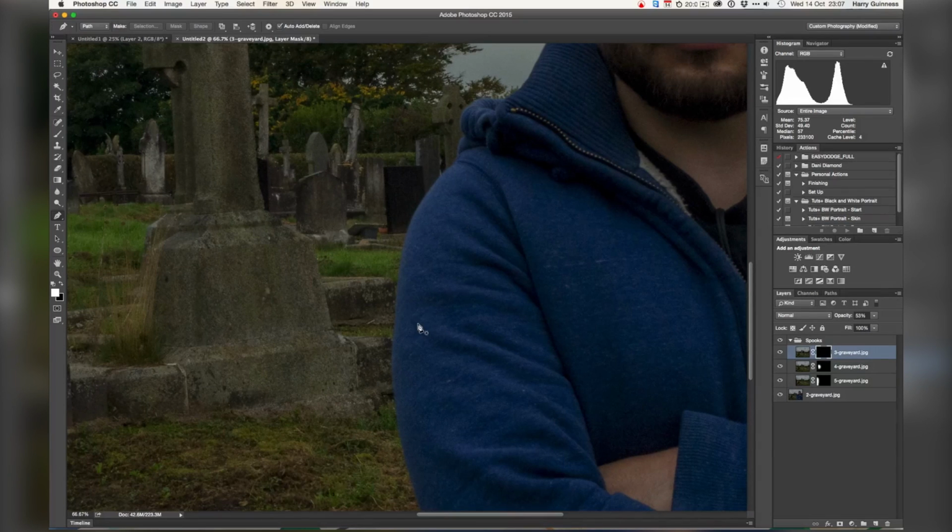But the pen tool is one of the most powerful selection tools in Photoshop. It allows you to create the hardest edges and to really trace an object. If I was to cut myself out of this because I wanted to change the background or something like that, I'd trace around myself with the pen tool. Now, the pen tool works using Bezier curves. So I click here to create an anchor point, and then I drag in the direction that I want the curve to go. If I want to move that anchor point around, I can hold down the spacebar key